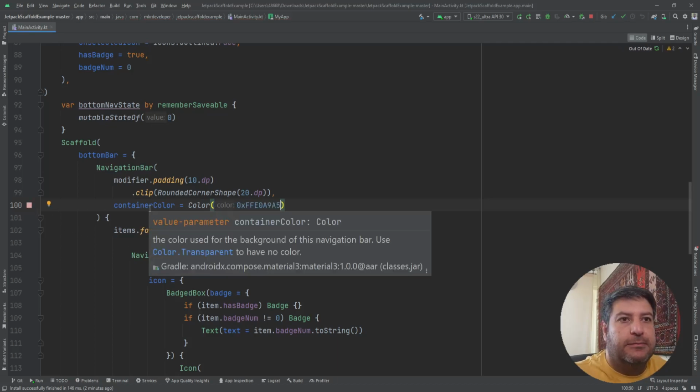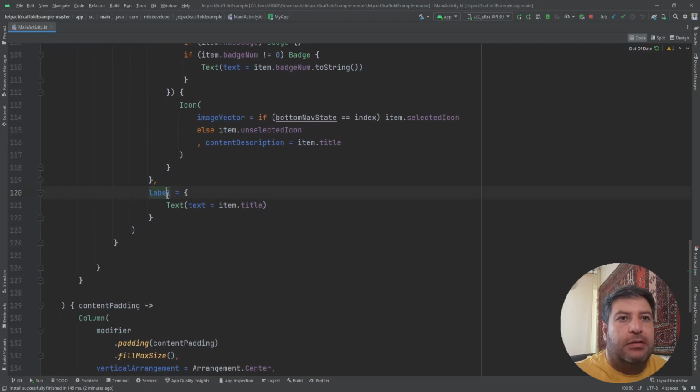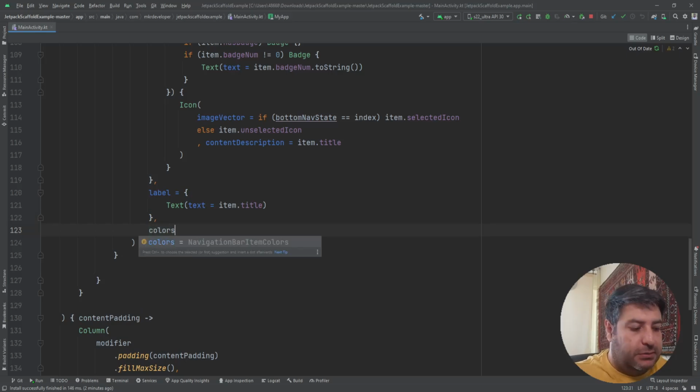Just like this, and at the end, after the label,